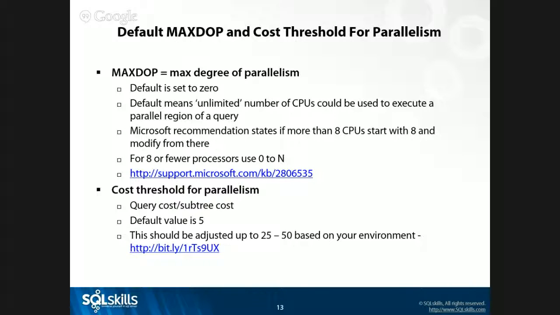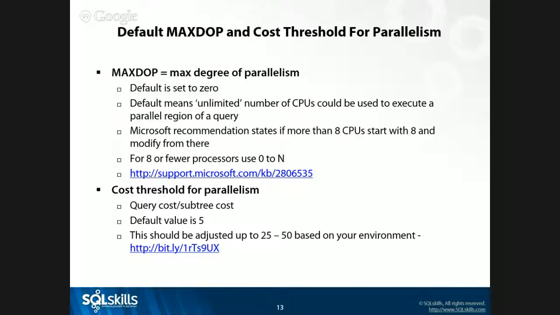If it's that low cost, just process on a single thread. Think of the times where it's just easier for you to do something than to try to explain it to somebody else. So in this case, just process single threaded, get it done. It's going to take 2 milliseconds versus trying to divide the work up. You do this, you carry this, you do that, and then put it back together. Well, if it exceeds a certain amount, a cost threshold of 25 or 50, then okay, go parallel and divide up the workload.